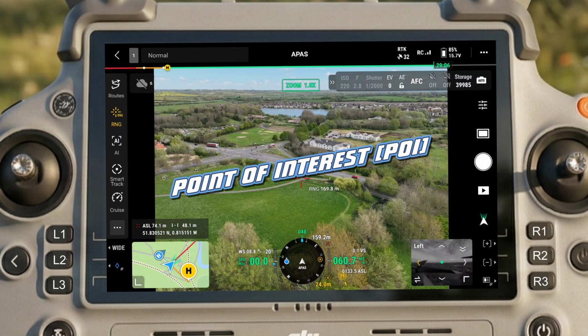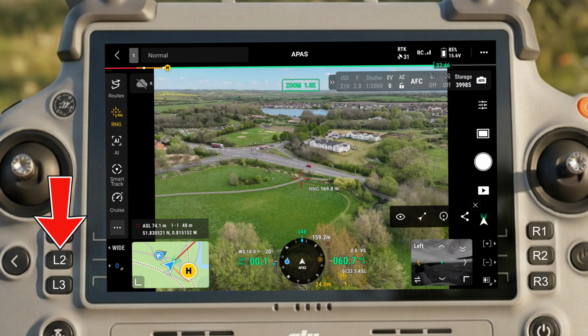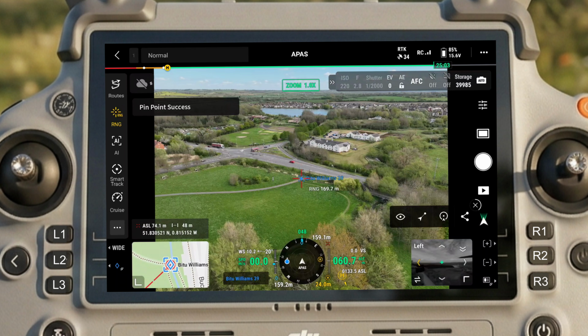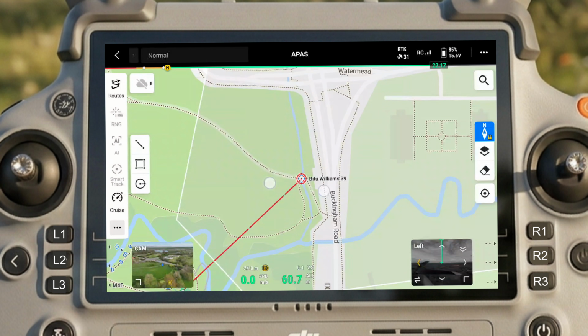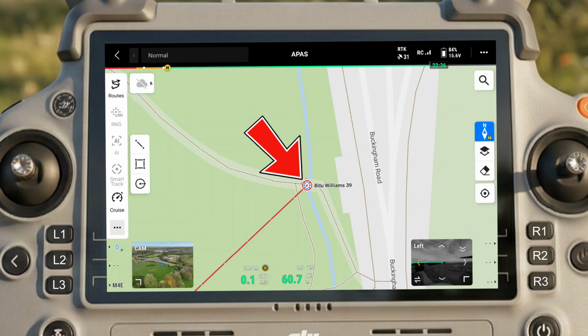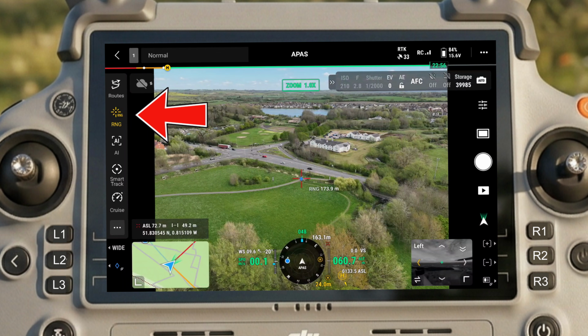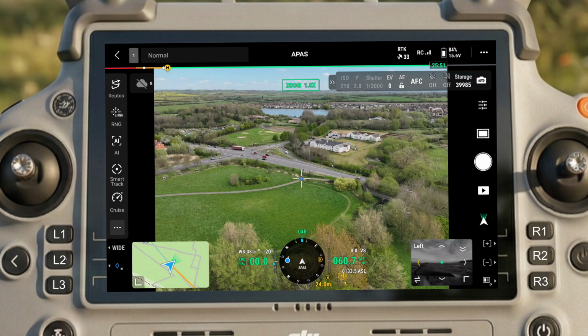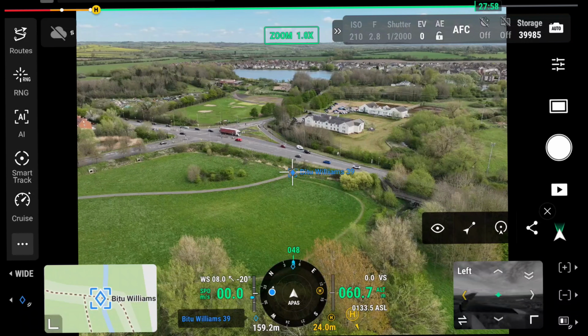You can press the L2 button, and this is really interesting. So you press the L2 button, and now the Matrice has put a point of interest on that location. So if I go back into the camera view and I take off the laser rangefinder, that point is still there. You can click on that point, and you've got a few